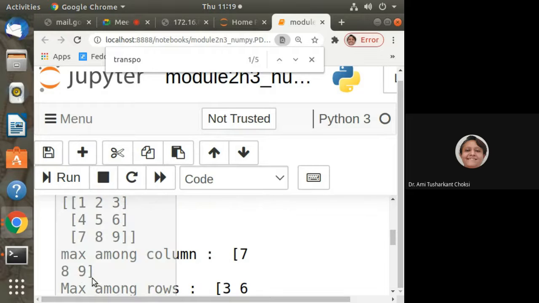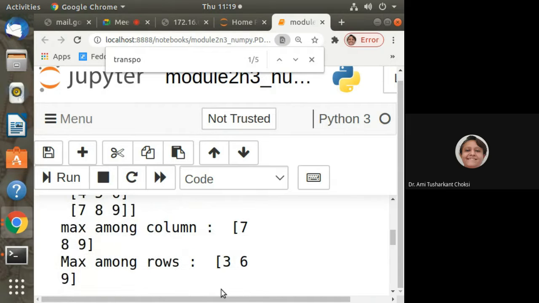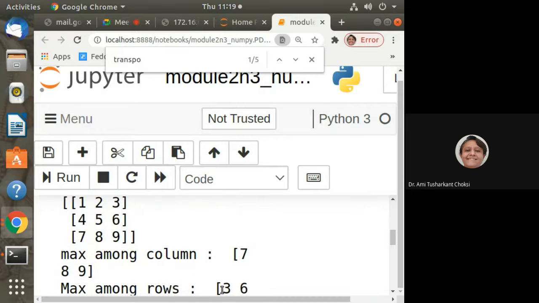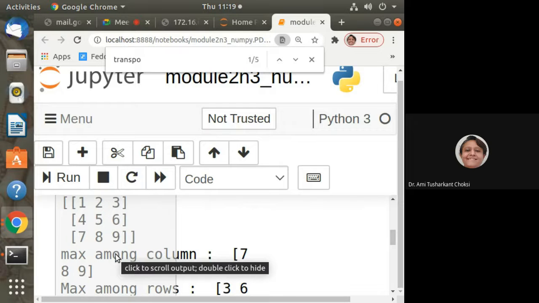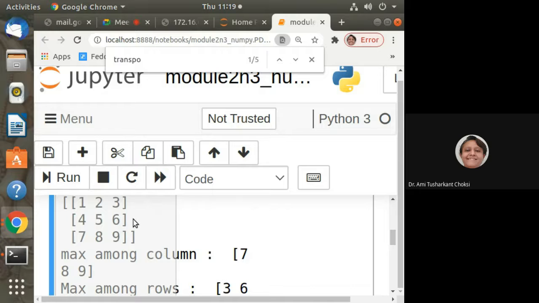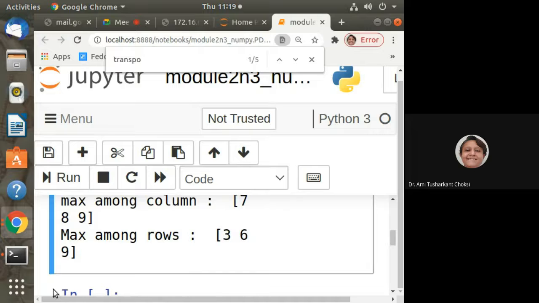And what about the rows? It is 3, 6, 9. You can say this is a column, but how can you say it is a row? Maximum along this row is 3, along this row is 6, along this row is 9. So that is the answer: 3, 6, and 9. The maximum in that particular row is what it has taken.